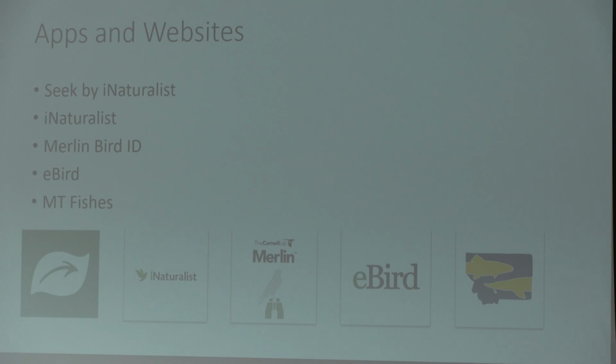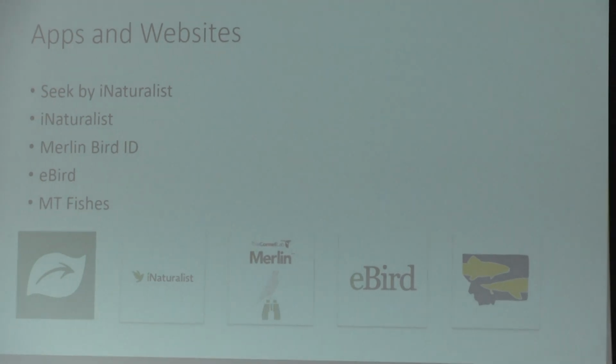eBird is basically the iNaturalist equivalent to Merlin. eBird is how you log all the birds that you see. So it is a data collection. When you're out there birding, you can keep track of all the birds that you see, and it goes into a big database. It is a really, really cool, citizen-run, community-run database that a lot of researchers rely on to see trends in birds.